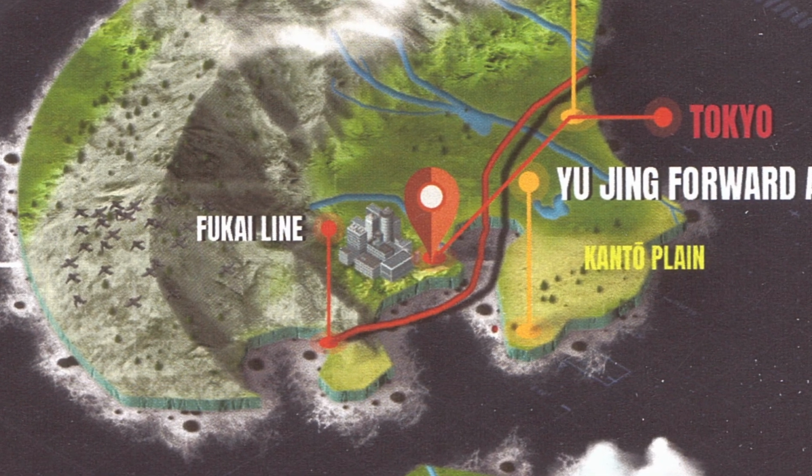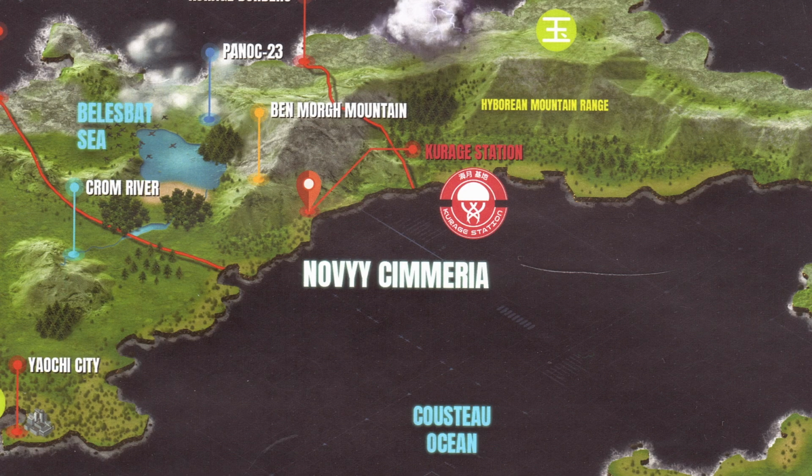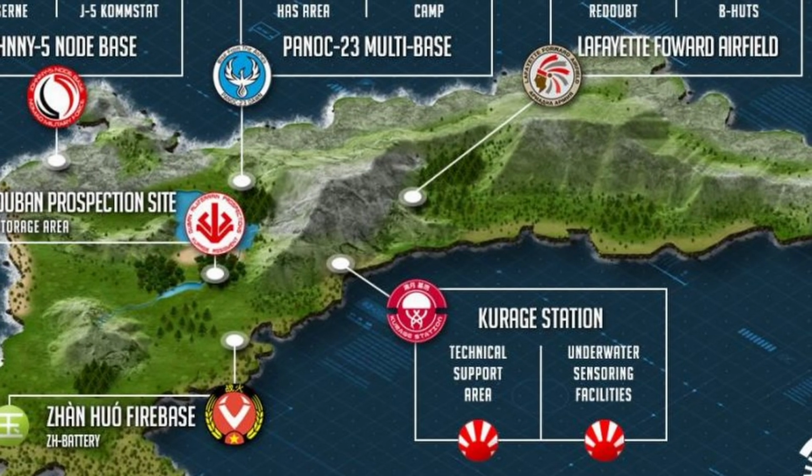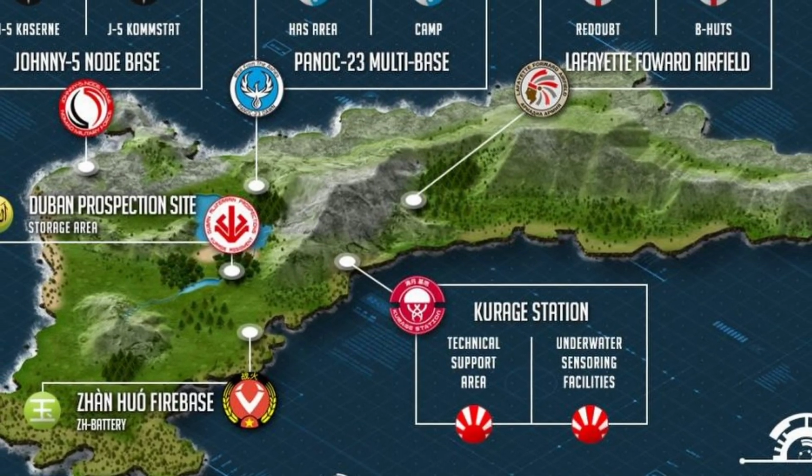Time passed, and in the aftermath of the uprising, tensions cooled. The newly independent state of Japan wasted no time in expanding its holdings across the sphere, including on Dawn. Its settlement, Karage Station, was located on the relatively unexplored continent of Novi Cimmeria. The resulting fight brought in all of the human sphere powers as opportunists and peacekeepers, and was made more complex